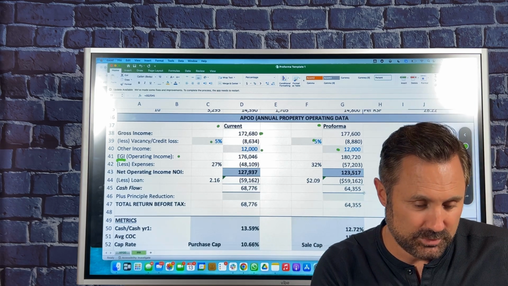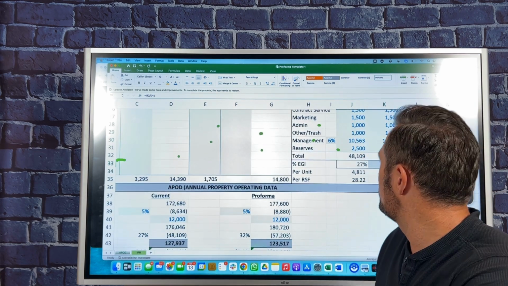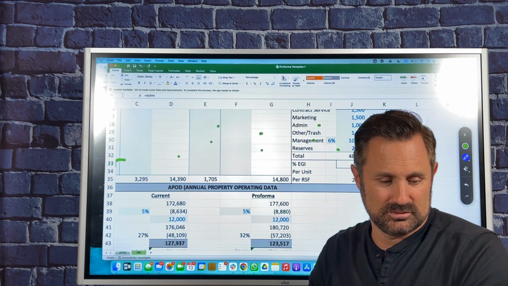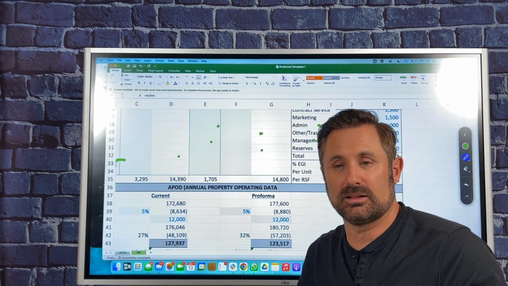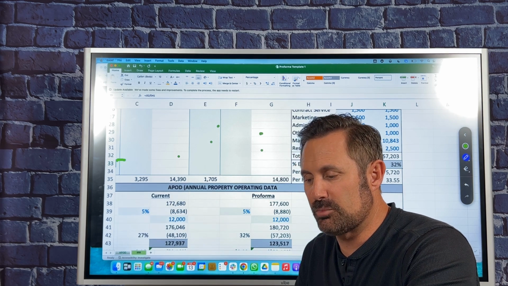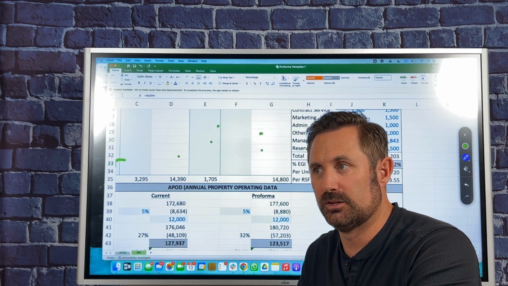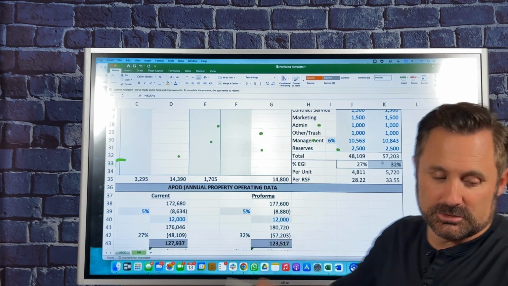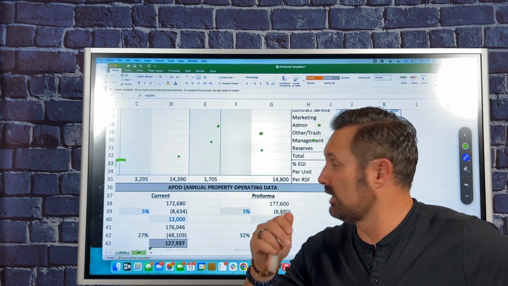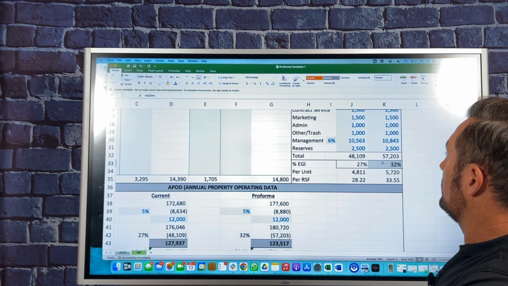So when you come up here to the expenses and you see 27% to 32%, no. A property like this is going to operate somewhere between 40 to 50%, maybe 55% expense ratio. This age of property, all day long, okay? So they're smoking some good juju. So we're going to make verification of all these numbers. But this is the difference between, you're